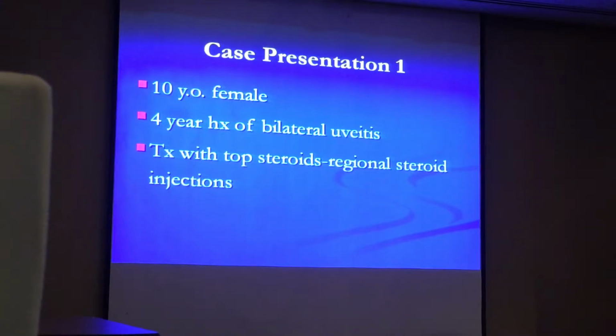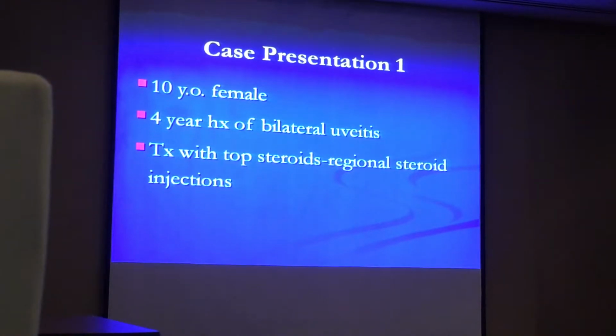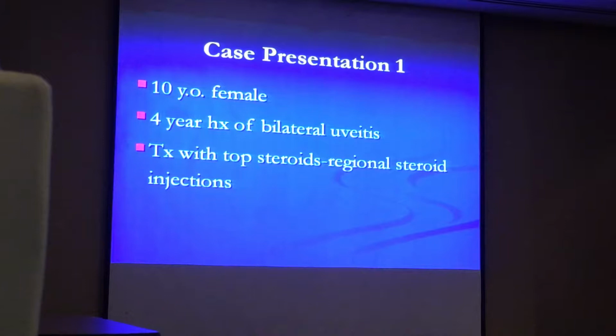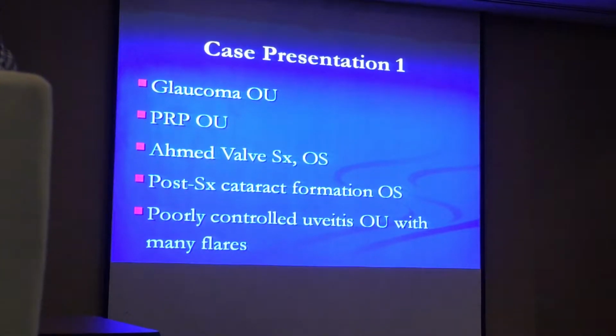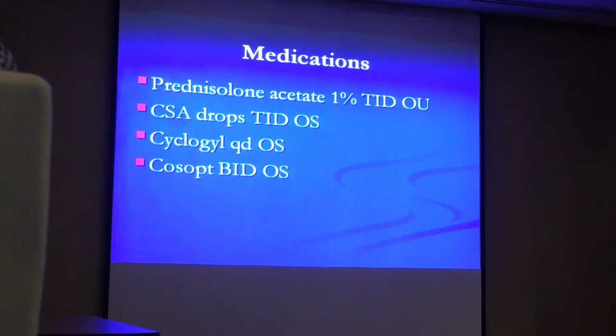So this is a 10-year-old girl who has a 4-year history of bilateral uveitis, treated with topical steroid as well as regional steroid injection. The patient has developed glaucoma in both eyes, had PRP in both eyes, and because of glaucoma has had an Ahmed valve placed in the left eye, and then after the surgery,